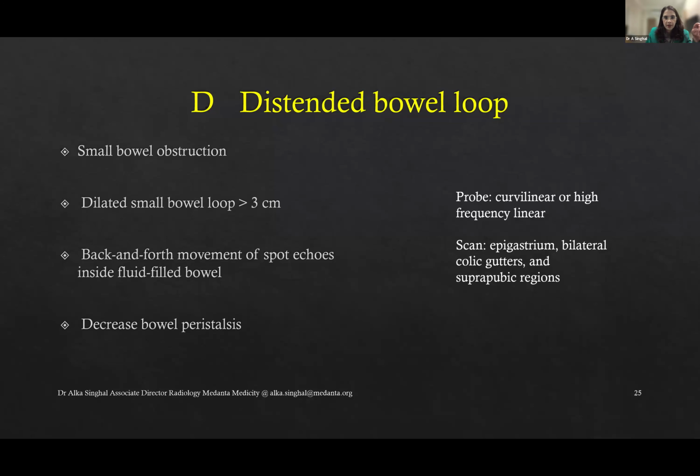So acute abdomen, now distended bowel loops, right? Okay. So distended bowel loops, so abdomen. So small bowel obstruction. We have the mnemonic of the diameters of the bowel. So we will look at the diameter, thickness, and we'll see more so for the motility and the movement of the contents. And if there is any reverse movement, back and forth movement of the echoes inside the fluid,